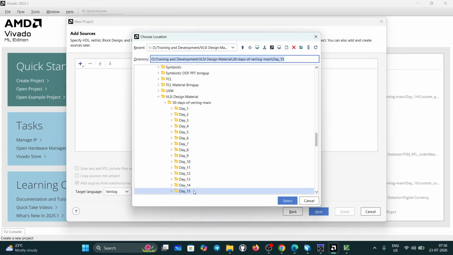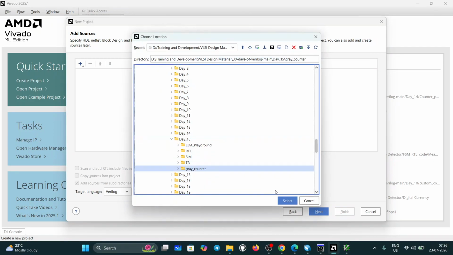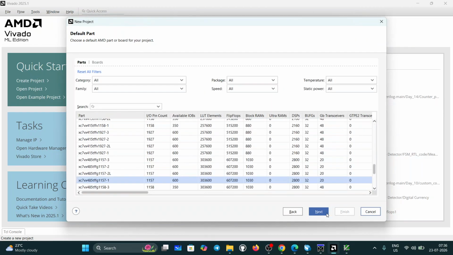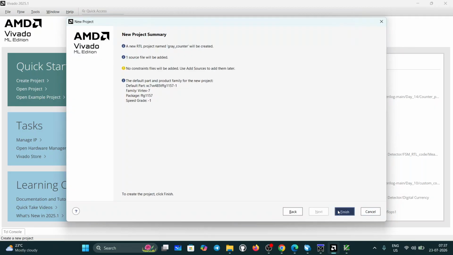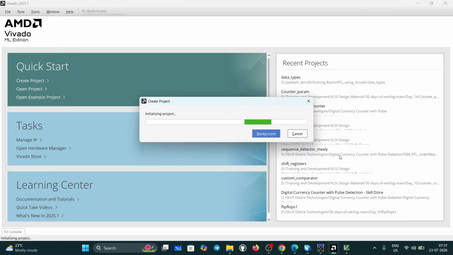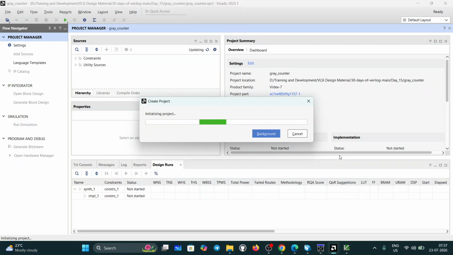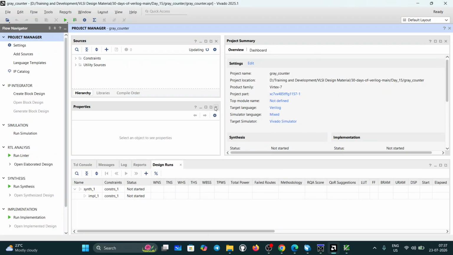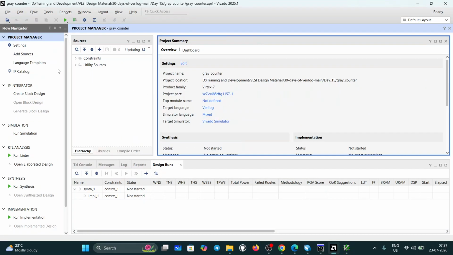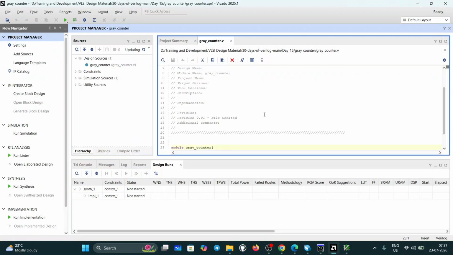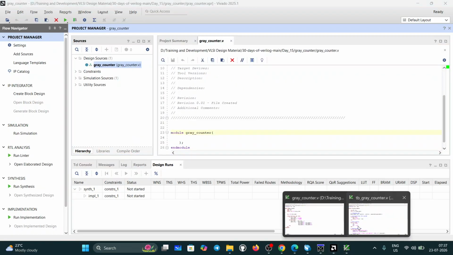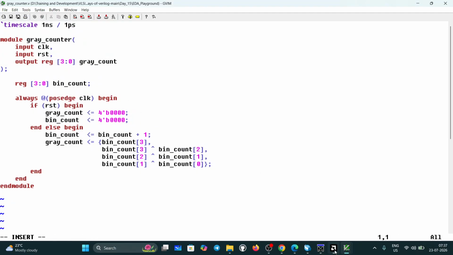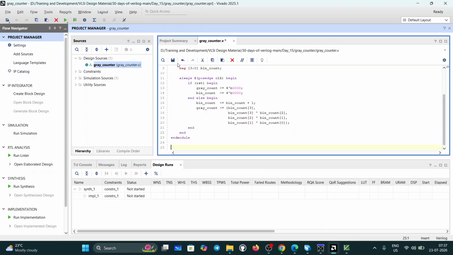Choose the location, that is gray counter. Select. Okay. Next. This is optional only. Next, next, and finish. Module name is also the same. This is my gray counter. Go to this, select all, copy, and here you paste, save,